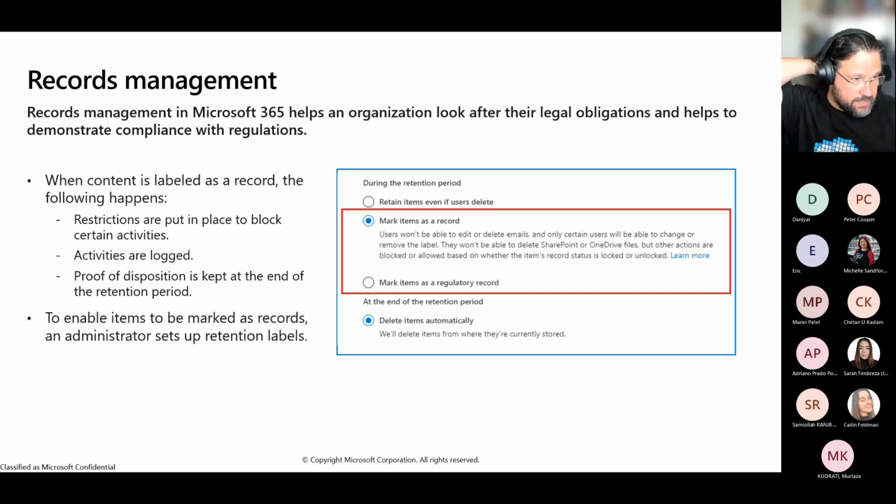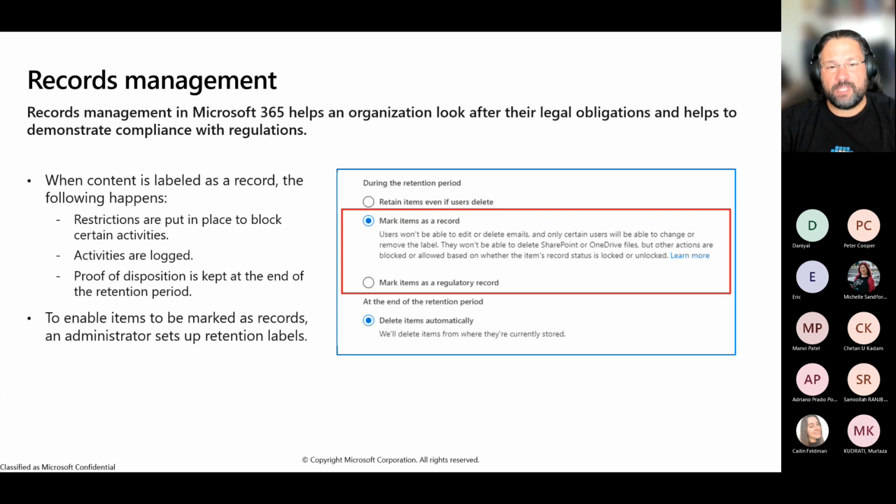Records management. Records are a different kettle of fish to just regular data. A record is like a legal document that can be called upon to be used in case something needs to be proven without doubt. So a record, once created as a record, cannot be changed, right? And often a record cannot be deleted, at least during the period of time that you're obliged to keep that record. But then once that record is no longer required to be kept, you should delete the record,